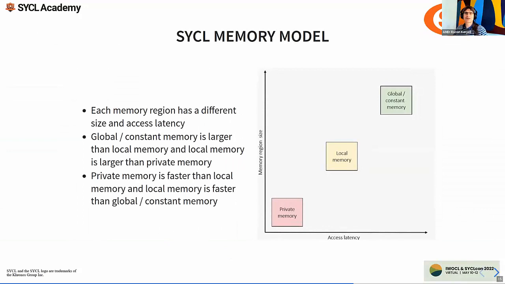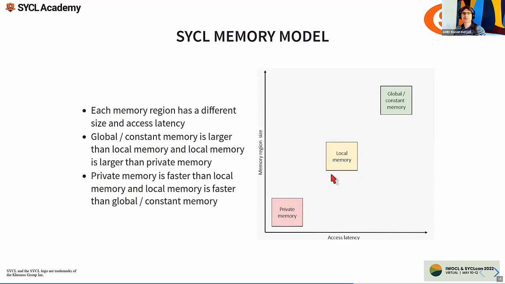So why we have all these different levels of memory is because they all provide you different trade-offs between size, cost and speed. The global memory is shared by everybody, and it's usually very big. But it's far away from each work item execution unit, so it might not be that efficient. The local memory is smaller, but closer to the work items of the work group, so you can have